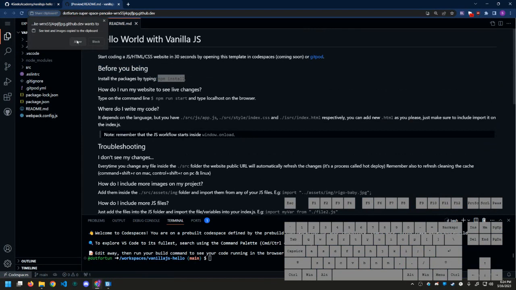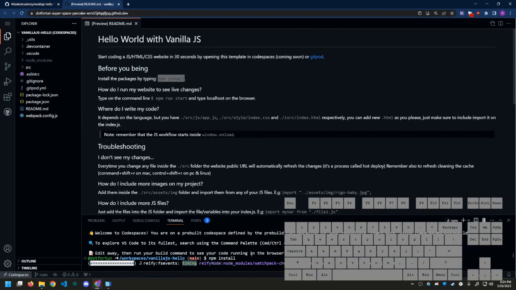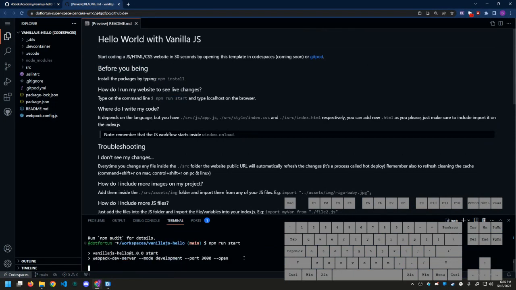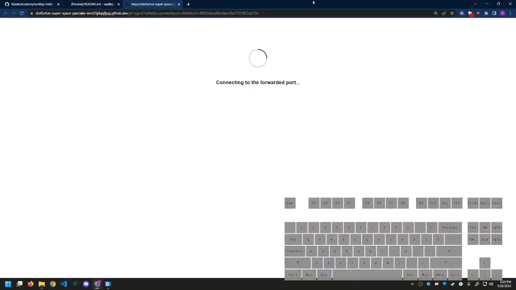And then I'm going to paste this into the terminal with Control or Command V, and I'm going to just run npm install. npm is a utility that allows us to actually install code other people have written. And then the next command is on the next line, which is, well, 2 lines later, but npm run start. And again, I'm going to paste that into the terminal, hit return, and it's going to